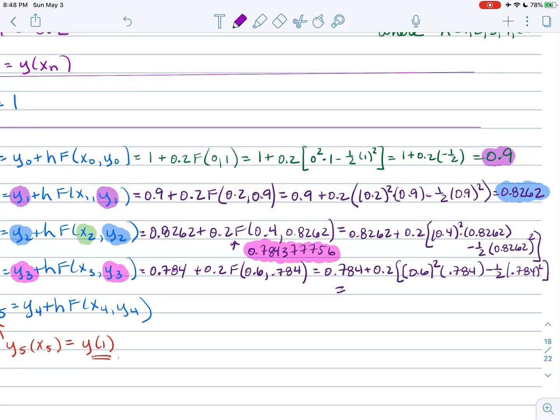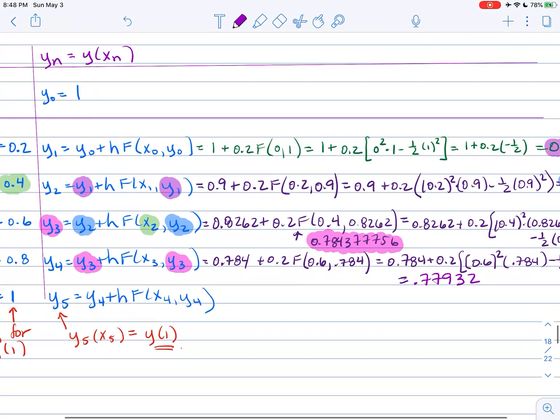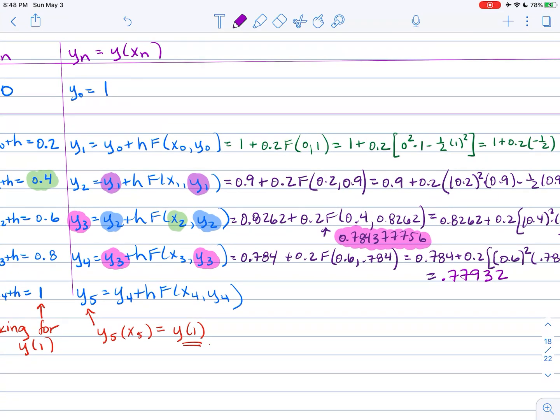And what value do we get here? I'm getting 0.77932. And that is my new y4. So if I begin again and go to my y sub 5, if I use this dark blue, that is my y sub 4. And so I would be using the y sub 4 in here and the y sub 4 in there. So writing out my numbers again, in y sub 4, I get 0.779, and that's what I'll shorten it to, just for clarity,